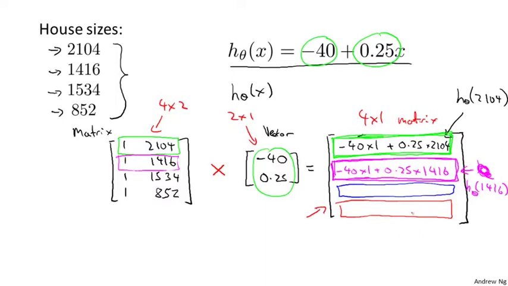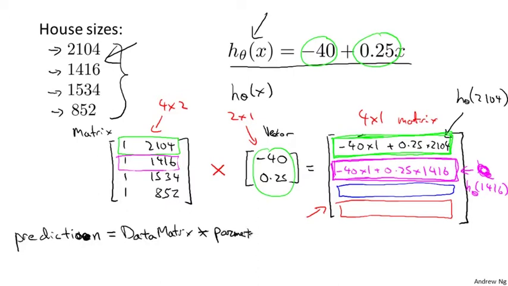And the neat thing about this is that when you're actually implementing this in software, so when you have 4 houses and you want to use your hypothesis to predict the price y of all of these 4 houses, what this means is that you can write this in 1 line of code. When we talk about Octave and programming languages later, you can actually write this in 1 line of code. You write prediction equals my data matrix